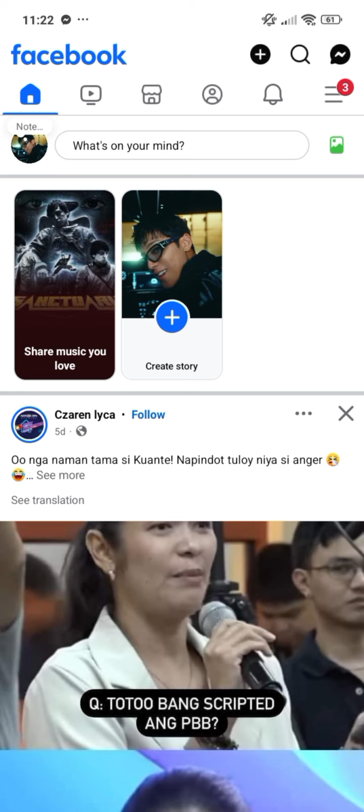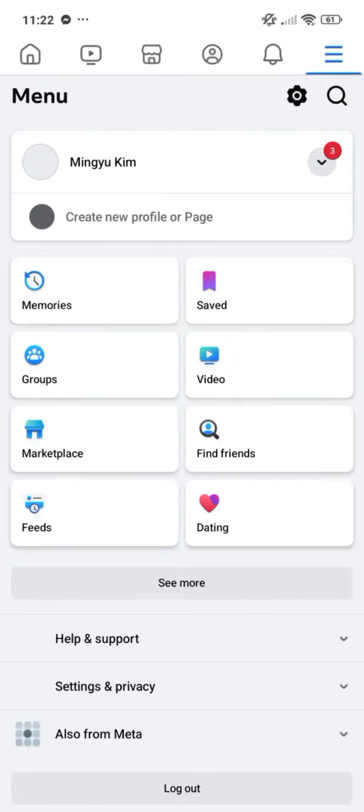Once you're signed in to your Facebook account, go ahead and head over to the menu section by clicking on the menu icon at the top right corner of your screen, which you'll find below the messenger icon. Now on the menu section, go ahead and head over to the settings page by clicking on the settings icon